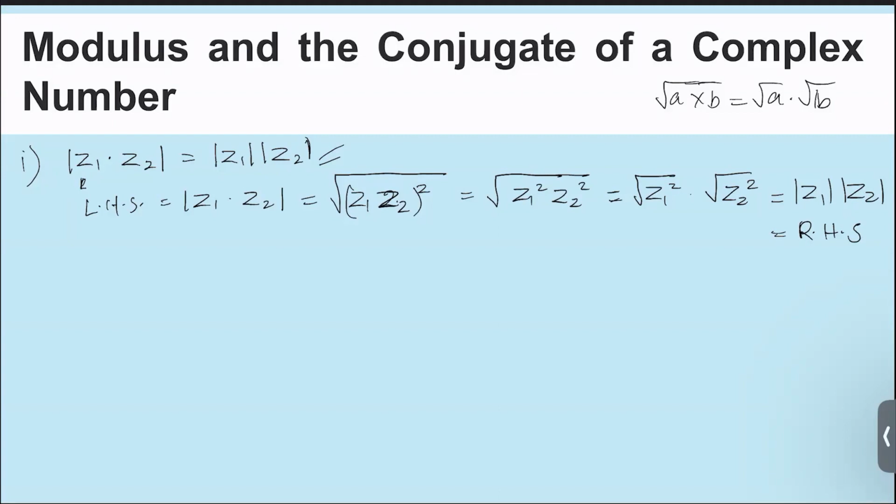Okay, so for example, let's take 3 plus i and 2 minus 5i. If you are asked to find the modulus of the product of 3 plus i and 2 minus 5i, instead of multiplying these first and then finding the modulus of that, you can directly write it as the modulus of 3 plus i